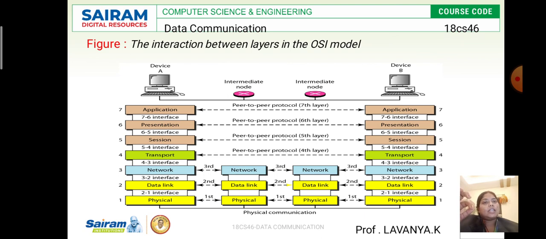Then what is the presentation layer? The presentation layer receives the data from the application layer. It presents that data in a well-defined format. Here the responsibilities are encryption and decryption. These are the different responsibilities that are handled at the presentation layer. So this is what our OSI model does. The same thing happens at the receiver side, that is, the device B side.